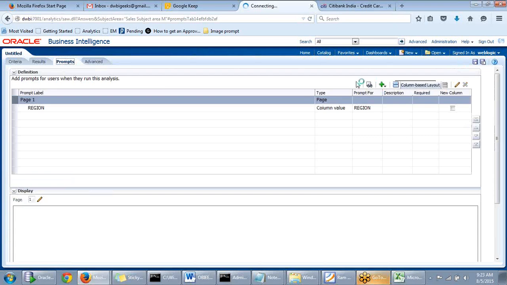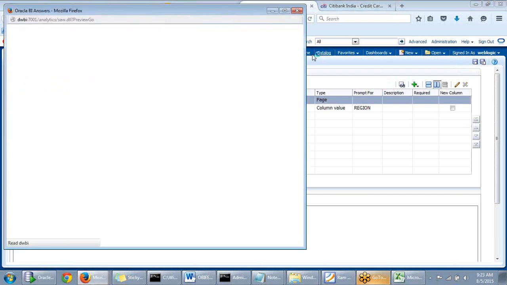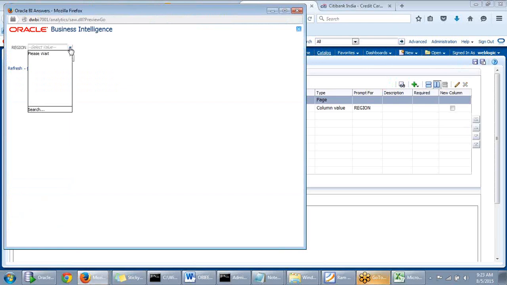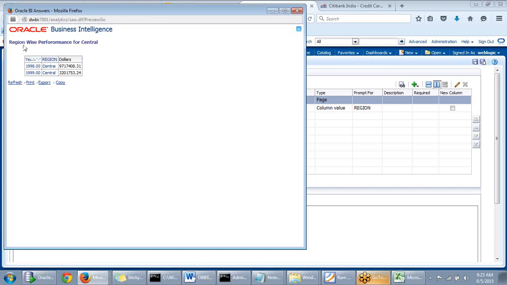Navigate to this prompts tab and click on preview. Here now I'm going to select central. Click on OK. See, now here it's displaying central wise performance report for central. Okay, you can observe carefully here, it's displaying region wise performance report for central. This central,